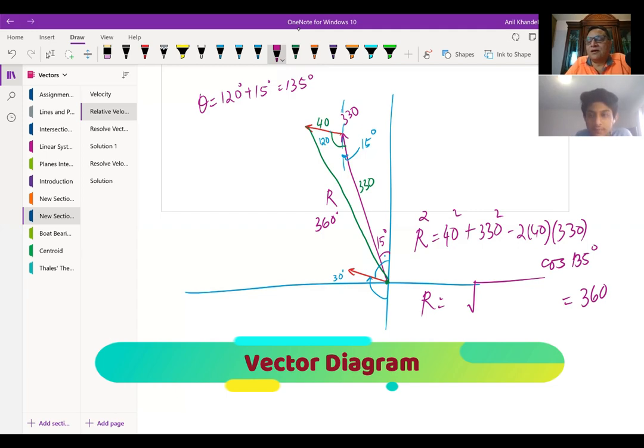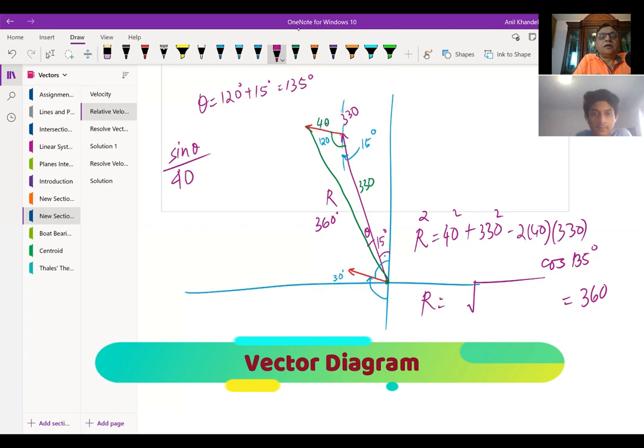Using the sine law now, right? And so you can report the angle from anywhere. So let's find this angle theta. So what is this angle theta now? We can use sine theta over 40, which is the opposite side,